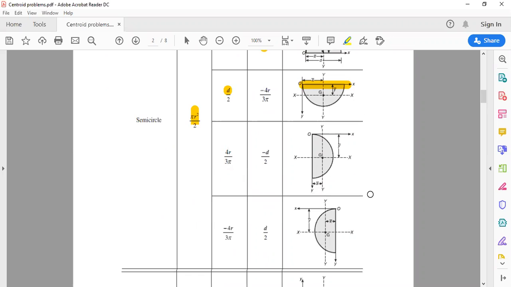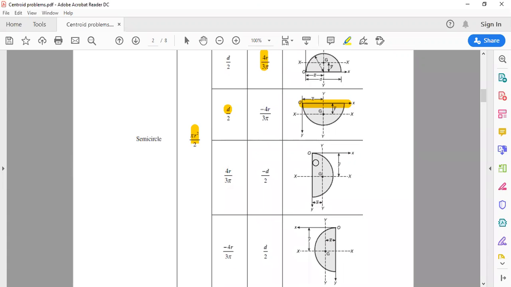Now coming on to the next diagram. If you have a close look at this semicircle, again, this semicircle also lies in the fourth quadrant, but the only difference is the orientation of this semicircle has been changed. You can see that the diametrical axis of this semicircle is coinciding with reference y-axis. So we will see how the value changes. Now, in this, we need to calculate x bar and y bar. Area being the same.